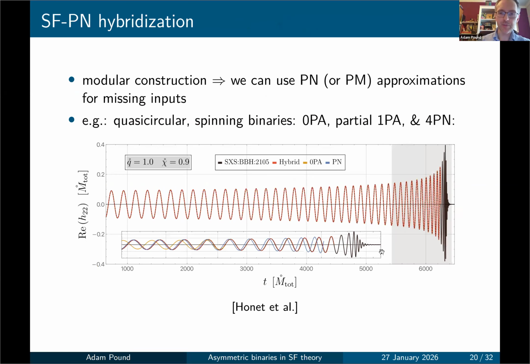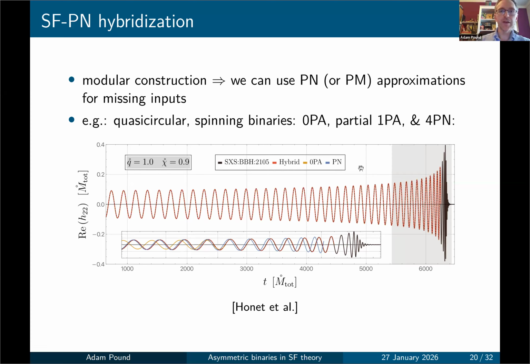Now you can also take a step beyond this. So doing these 1PA calculations is really extremely difficult and expensive. And so we're slowly working our way up to doing a full generic spin on the primary, which involves solving all the field equations through second order in perturbation theory on a Kerr background. We're working towards that. But in the meantime, we can try to do the best we can using other available